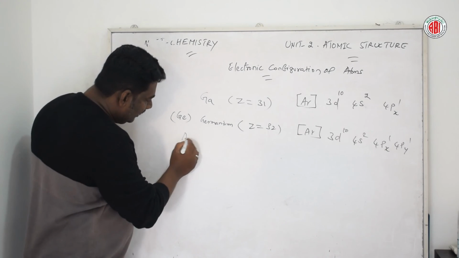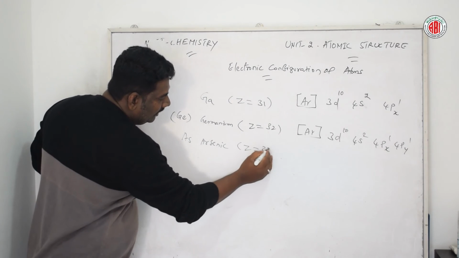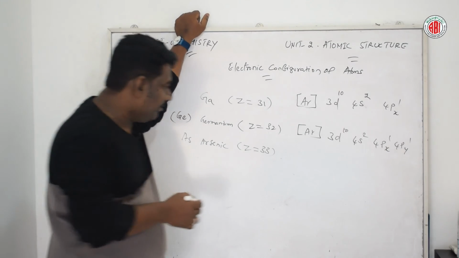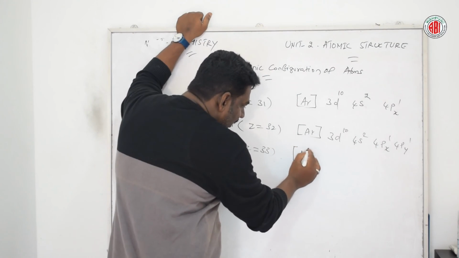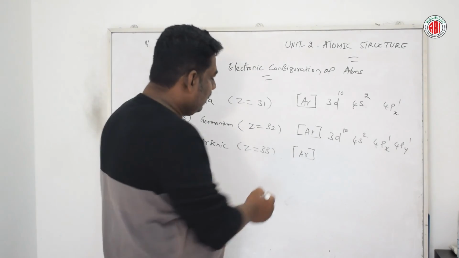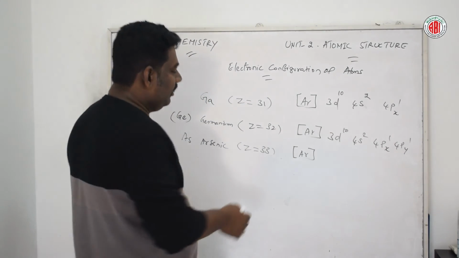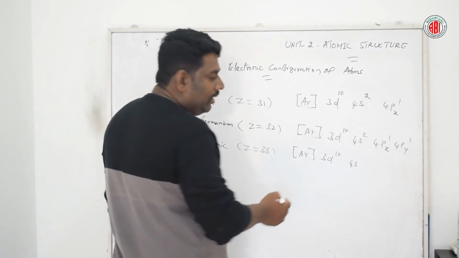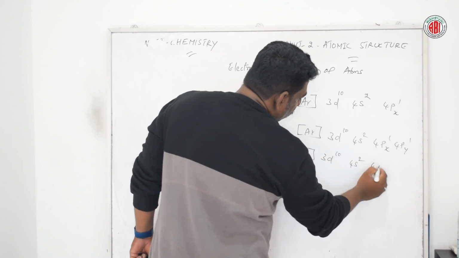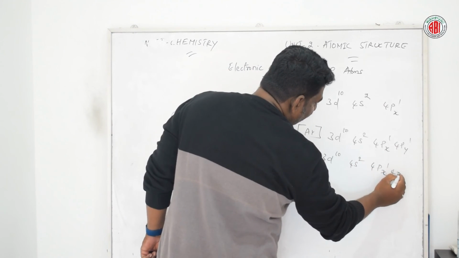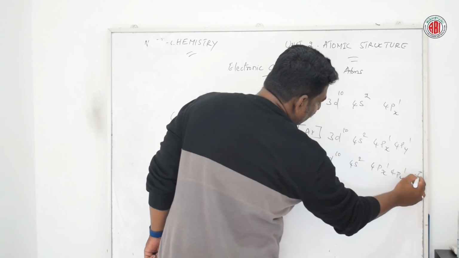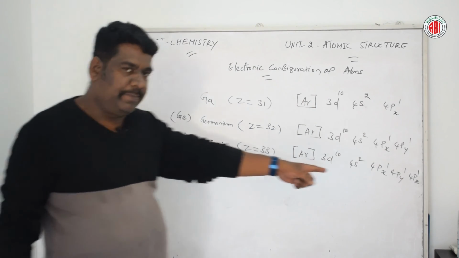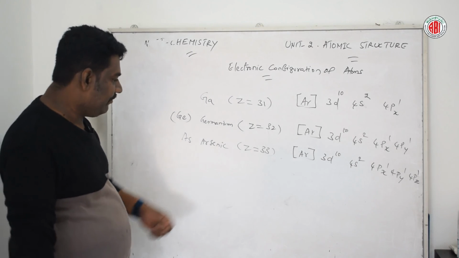Next, talking about arsenic. Z is equal to 33. Okay, this is also very simple compared to writing germanium. As per argon, 18 electrons are filled here. Now the d orbital, maximum number of electrons 10, 4s2, s orbital, maximum number of electrons 2. Now 4px1, 4py1, 4pz1. So 3 electrons can be shared in each of these p suborbitals, px, py and pz.